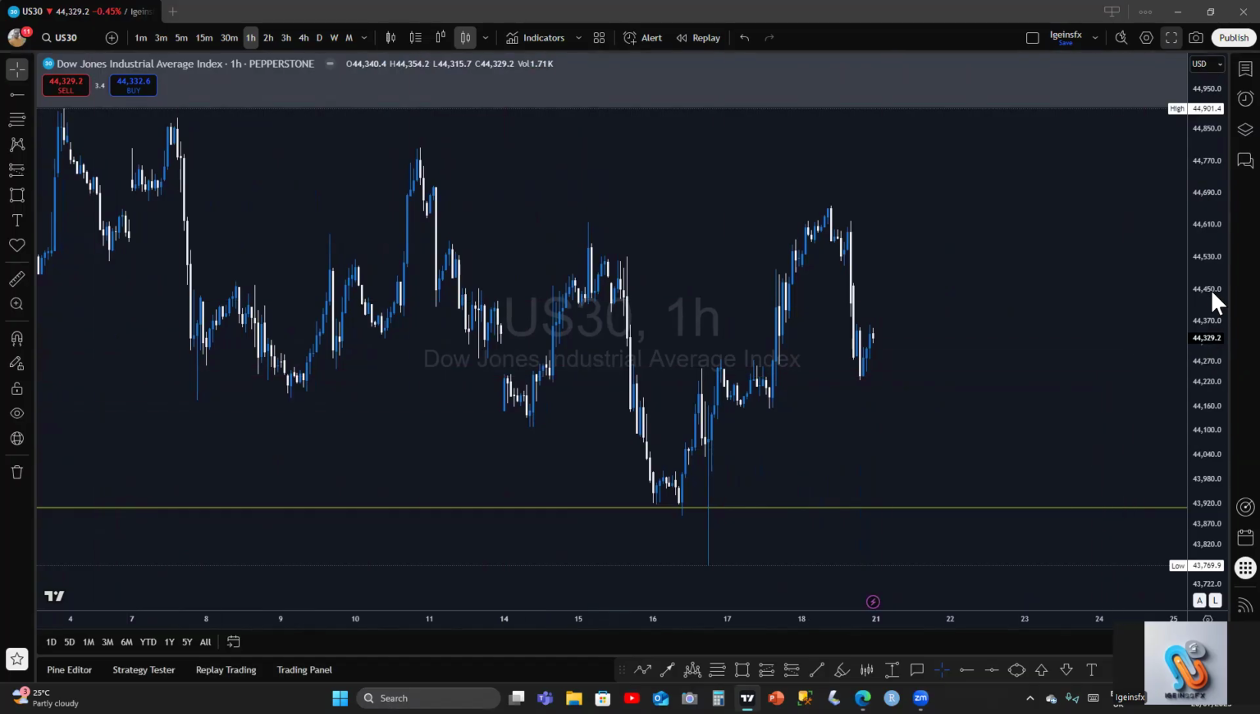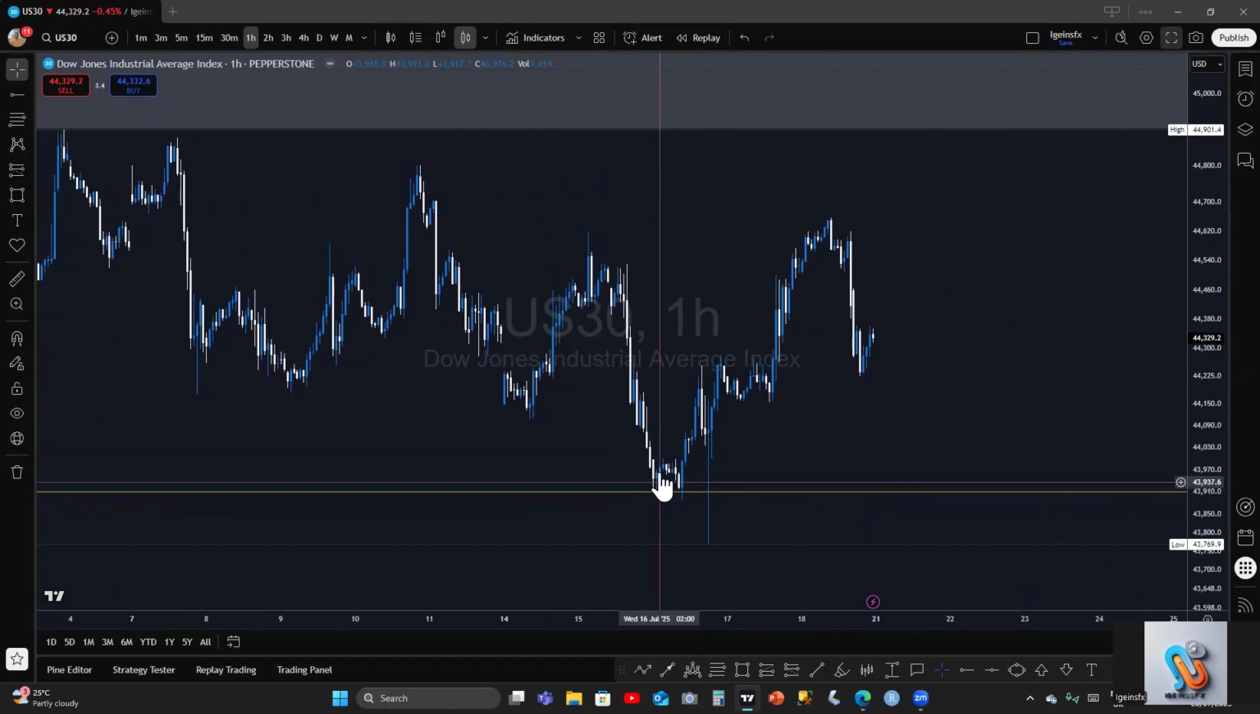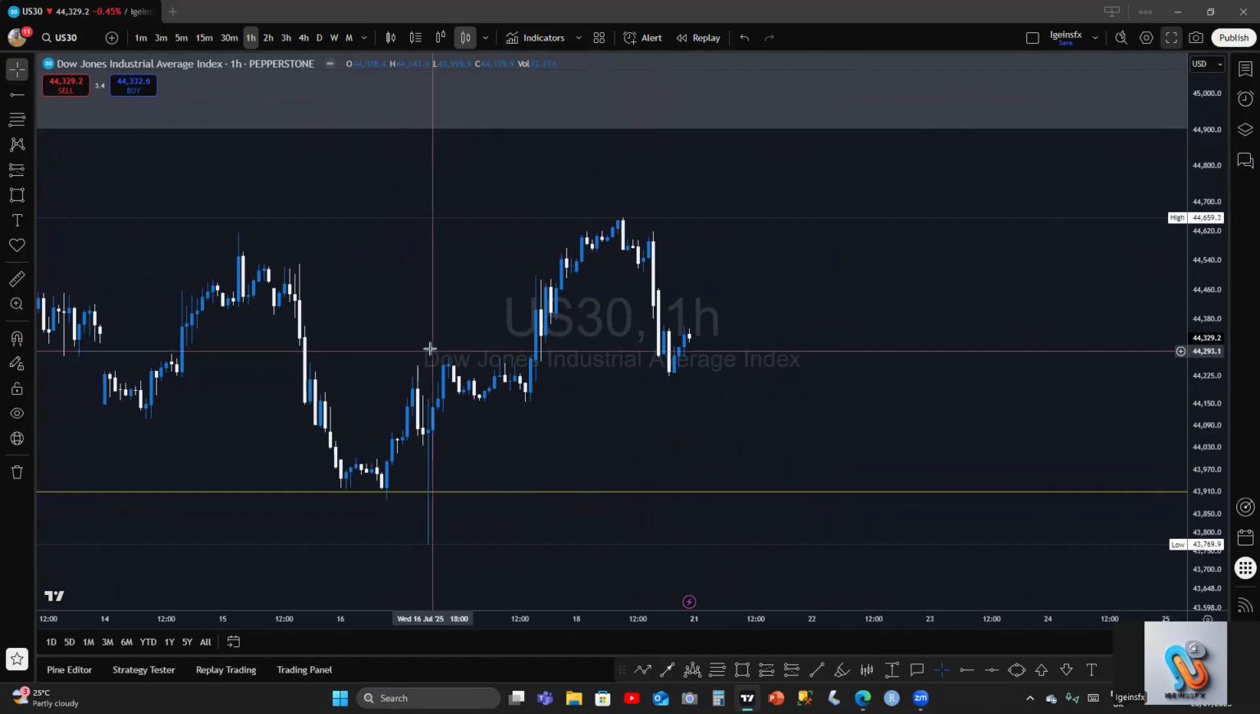This is a 1 hour chart. Then you discover that price is hovering around this point, this level. So this very point here is what is holding the price. So at this point, you can now plot your